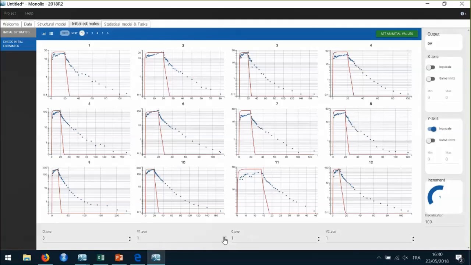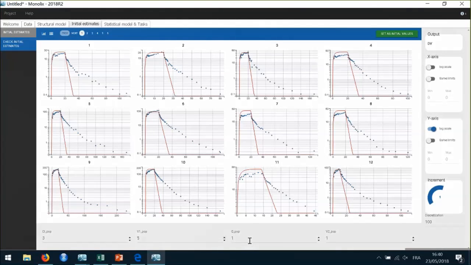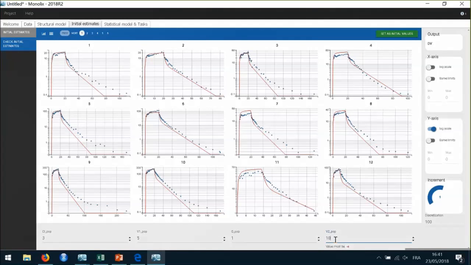So for example, I can increase V1. I can also enter new values with my keyboard, more simply. With these values here, I can see the two slopes in the elimination phase. So I can accept these initial values by clicking on Set as Initial Values.